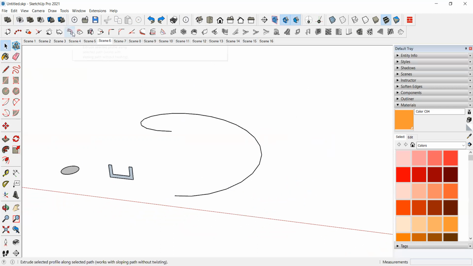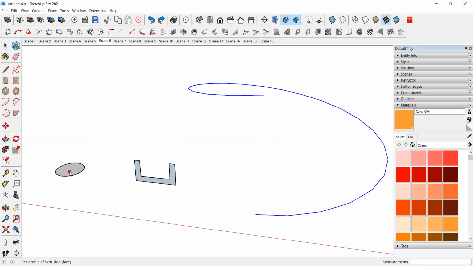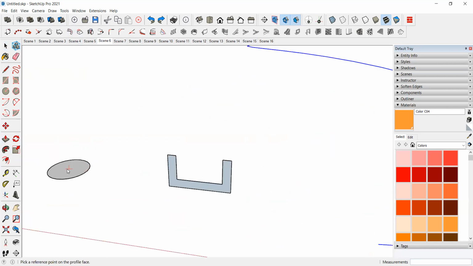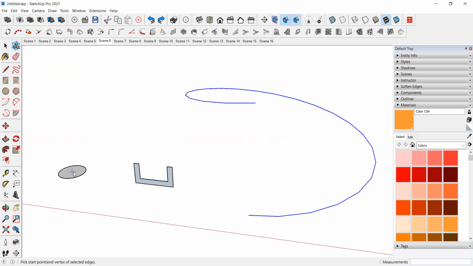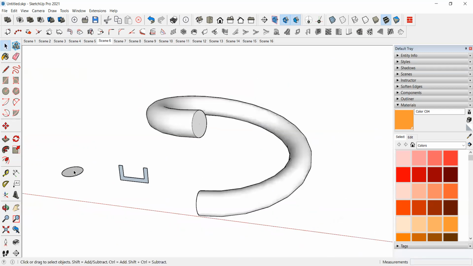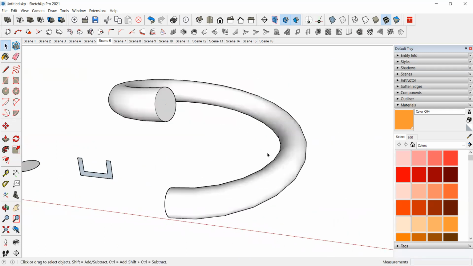But by using this tool, we can draw from anywhere. That is, click here, take this tool and click on the face. Okay, so automatically it will create this.